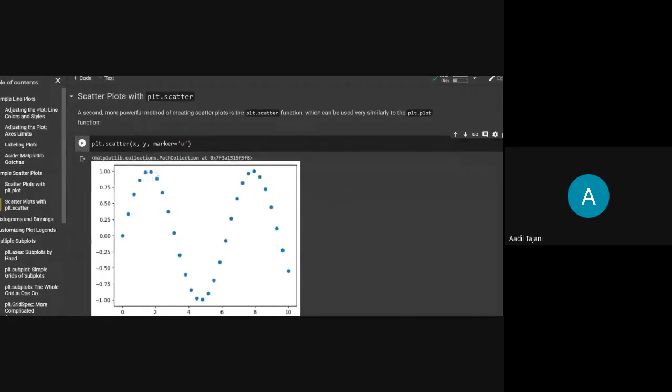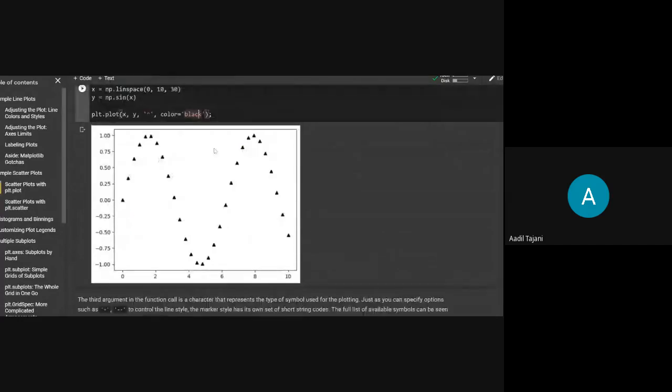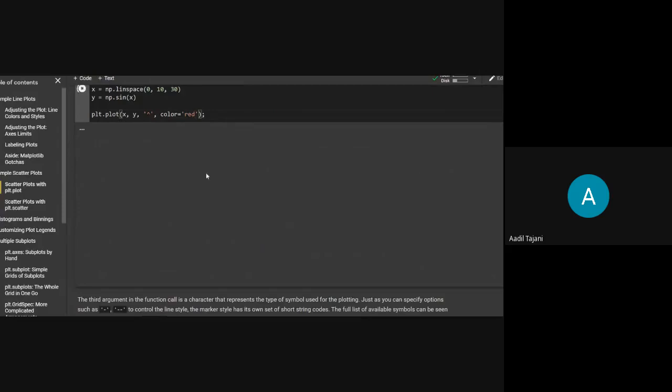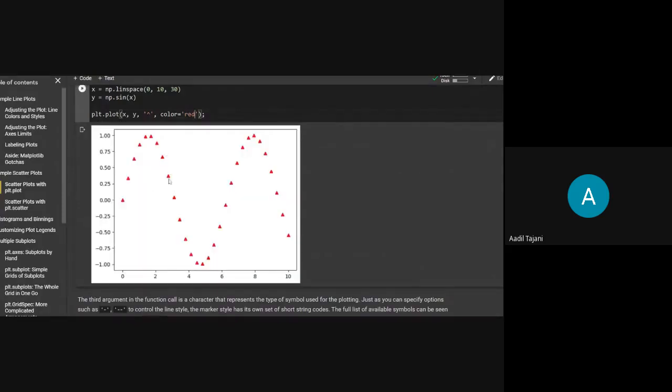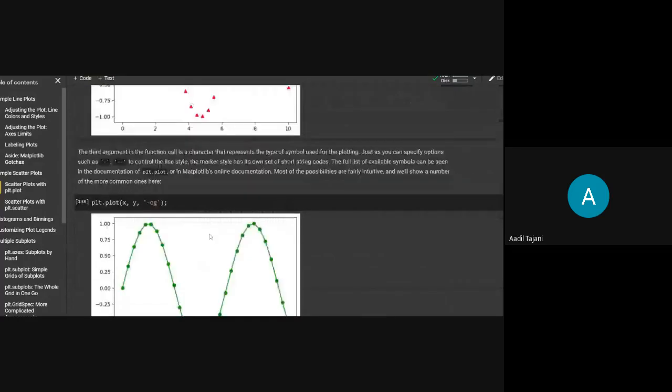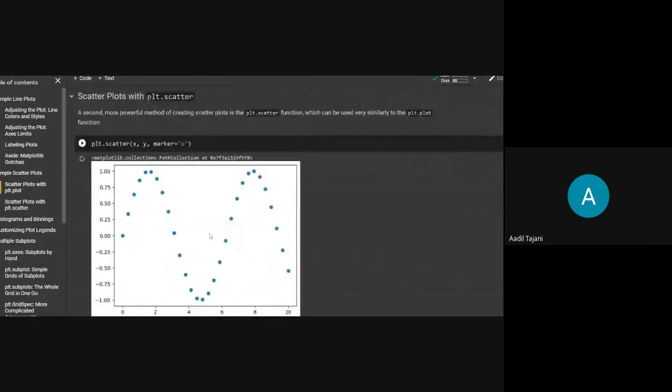As you have seen here, I mentioned the color black. If I change it to red, every marker will be changed to red color. But that is not the case in scatter plot.